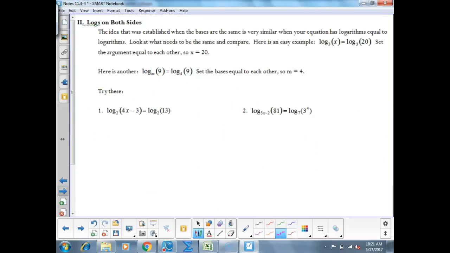Form number 2 of problems is when we have a log on both sides of our problem. Now, notice that it's log equals log. There's nothing else added or subtracted or multiplied or anything like that. It's just log and log. That's it on either side. Okay? So when you are in a log versus log case,